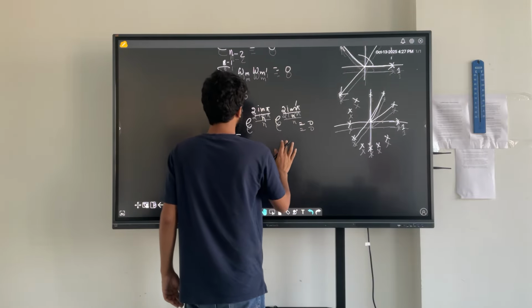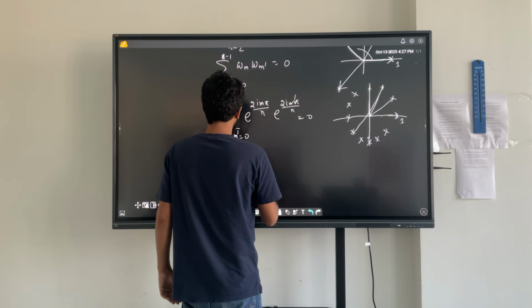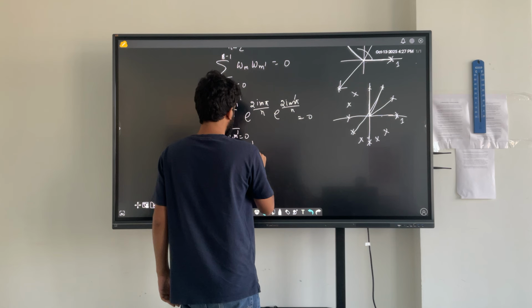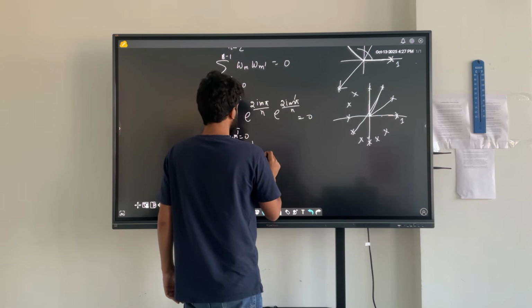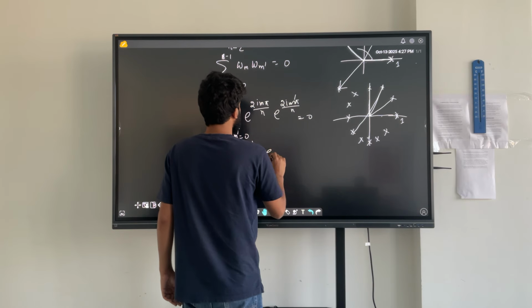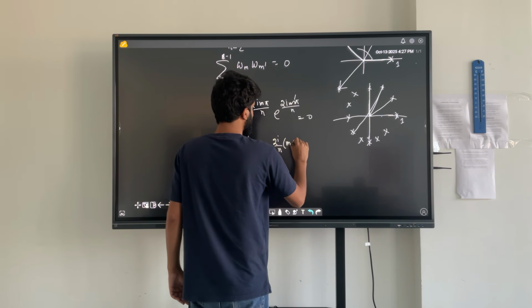And this should be 0. So that gives me the sum over m, m prime from 0 to n minus 1, m not equal to m prime, of e to the power 2iπ(m plus m prime)